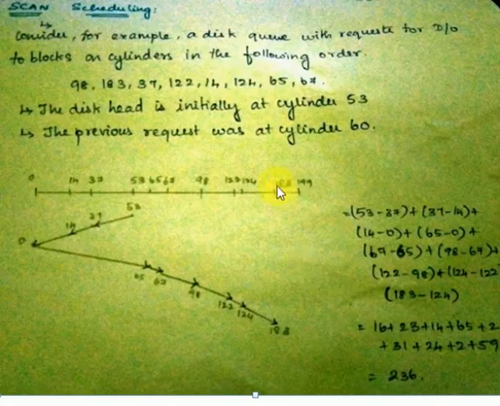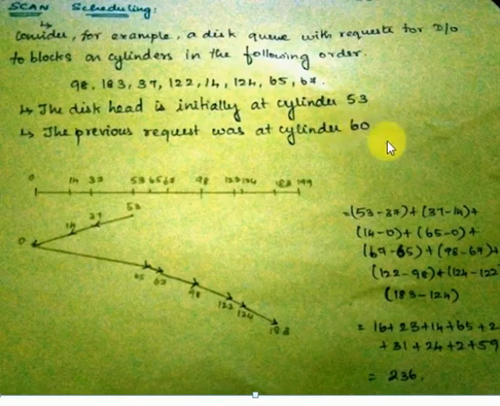So here also we are taking the same example as we took for the previous scheduling algorithms. The total cylinders are 200, from 0 to 199, and the track numbers which are in the disk queue are mentioned as above. The disk head initially starts at 53. Now here comes the